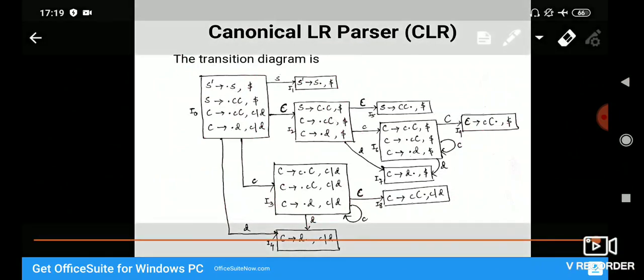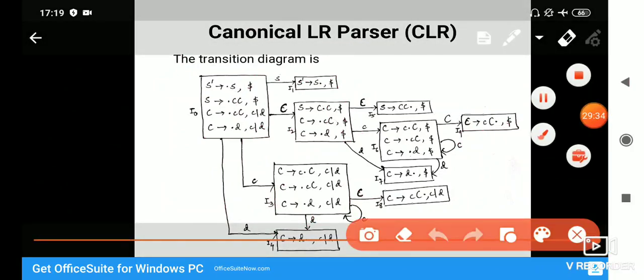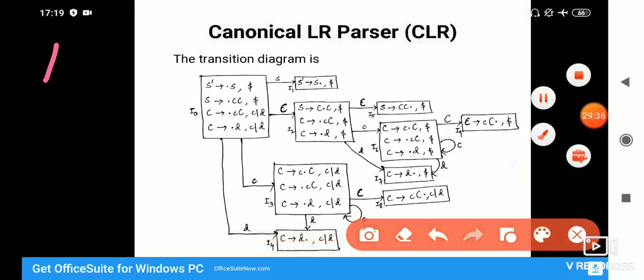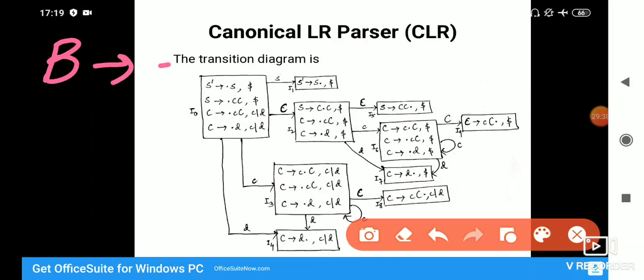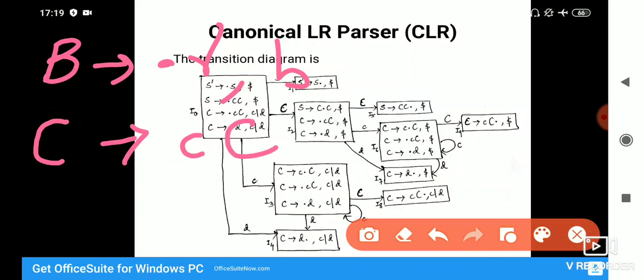Now what kind of movement we have to do? We have to include items of the form B to dot gamma comma b. Now in our case, capital B is capital C. These are the two productions, C to CC and C to D. I have to include it dot gamma, and b in our case was dollar.